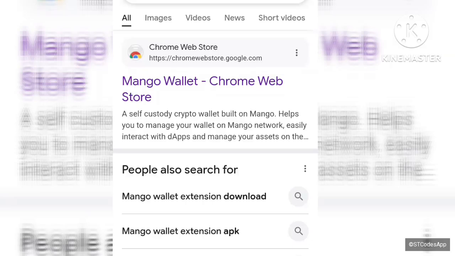Head over to the site icon on your Kiwi browser or your Mises browser, and then you look for Mango wallet extension. Now you are going to click on this, you are going to add it to Chrome, you are going to download the extension, you are going to register, and you are going to set up your passwords and save your seed phrase. Then after you are done with that, you are going to go back to the Mango